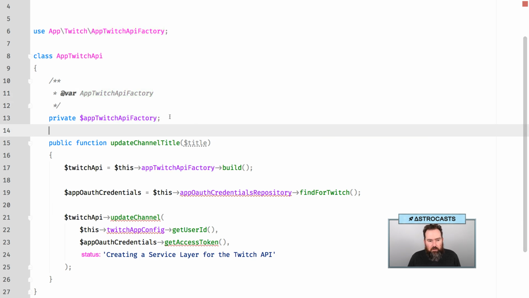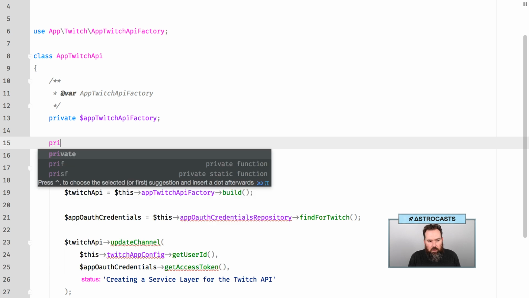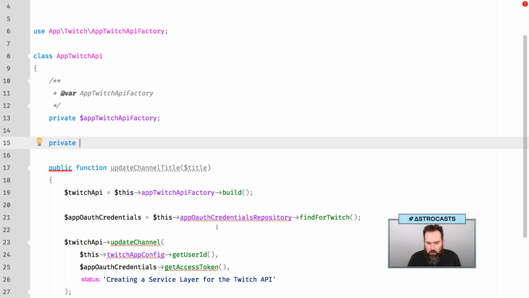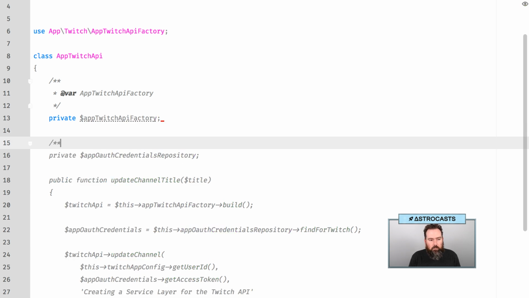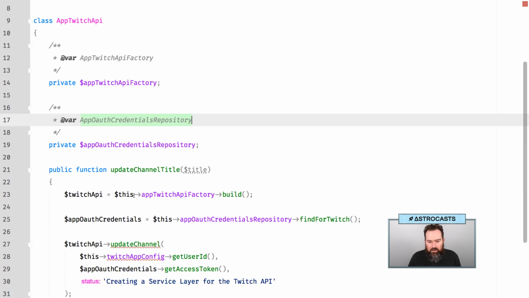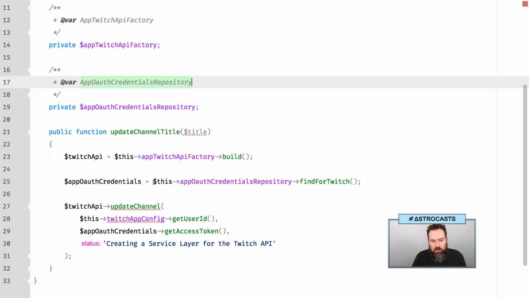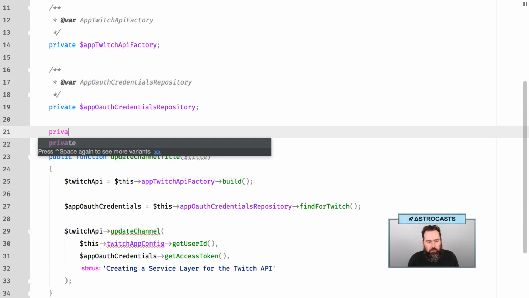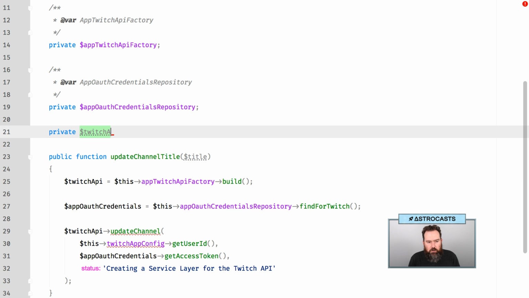Now we need the app OAuth credentials repository, so that we can get the information out of there that we need. Twitch app config, so we'll need that as well. Twitch app config. This is the